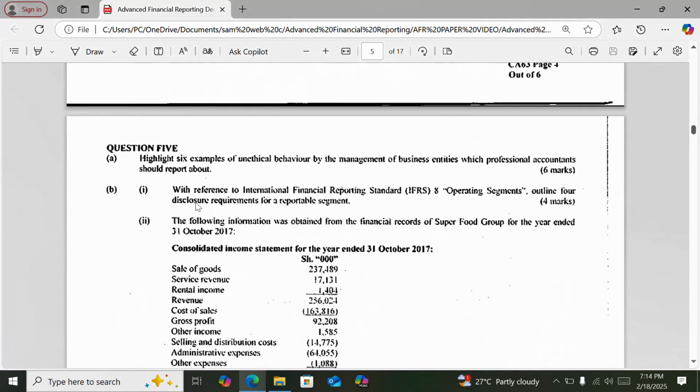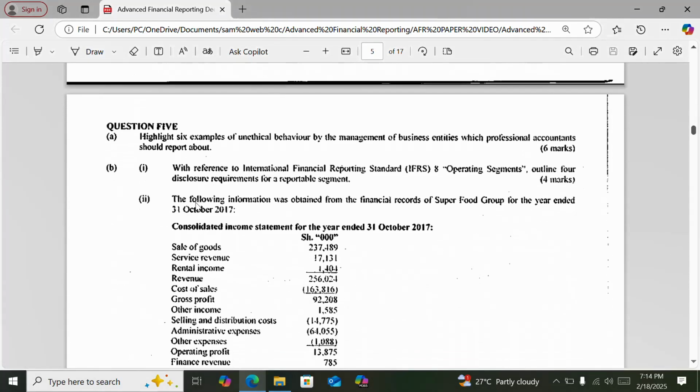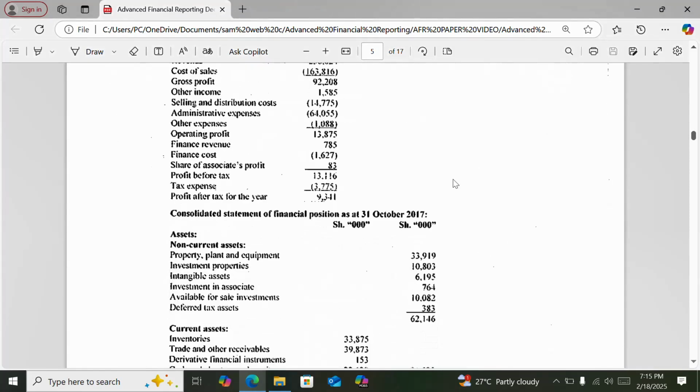Then when you go to question 5, highlight 6 examples of unethical behavior by the management of business entities which professional accountants should report about. Then part B, with reference to International Financial Reporting Standard IFRS 8 Operating Segments, outline 4 disclosure requirements for a reportable segment. Roman 2,